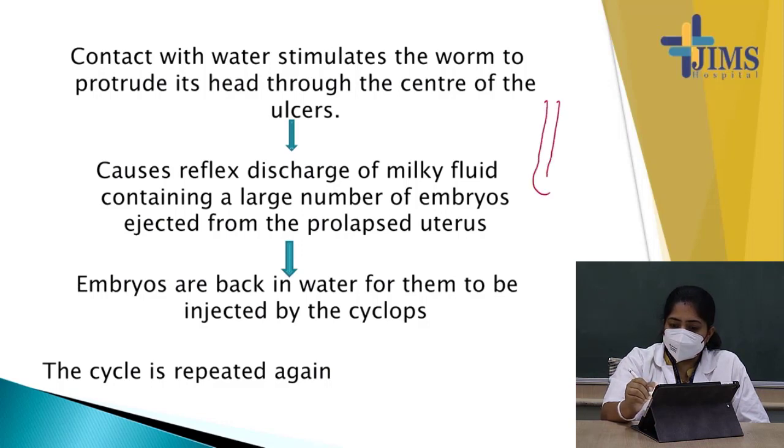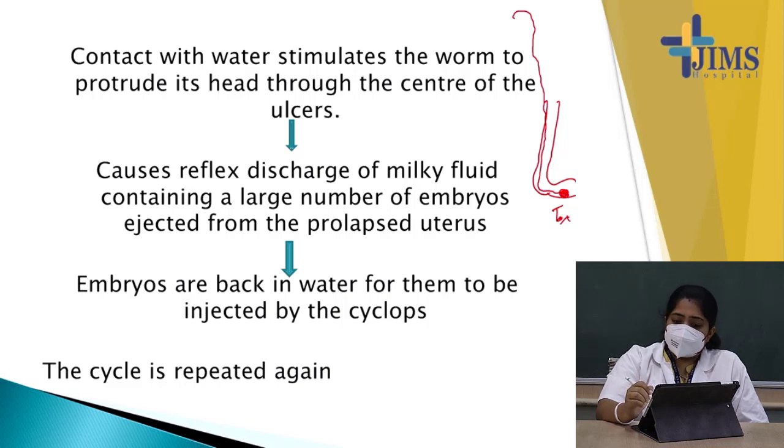Suppose this is the leg of the human being. The gravid female worms will grow in the retroperitoneal connective tissues. Here they will attain sexual maturity, then the males will fertilize the females. Now these gravid females, they will travel all along to reach this site, that is the lower extremities, suppose the feet. Here, when they reach this site, they will release a toxin. When they release this toxin, there will be a blister formation here, and then eventually this blister will turn into